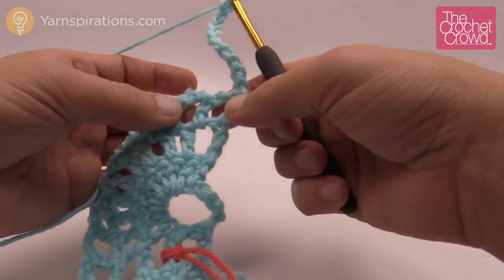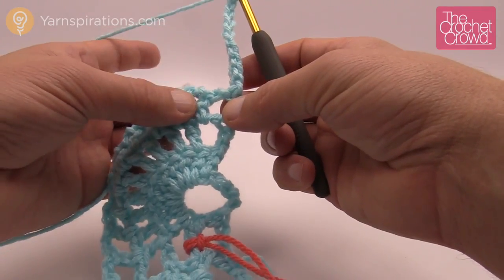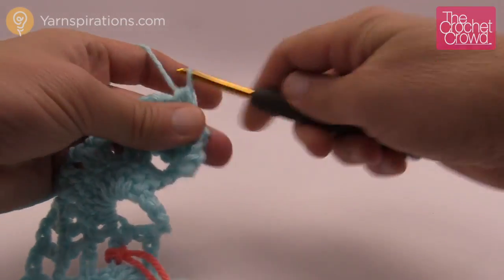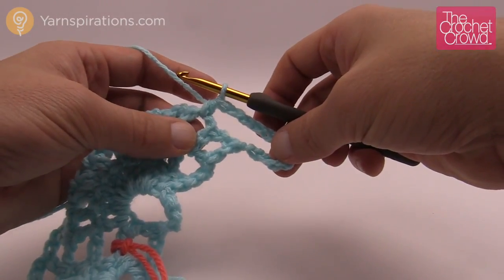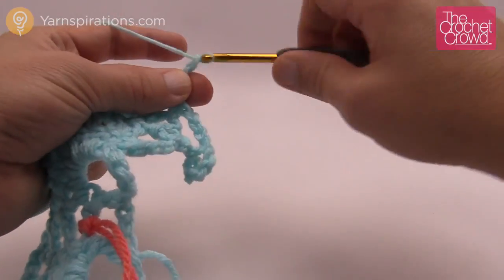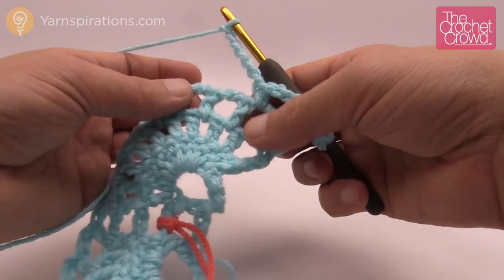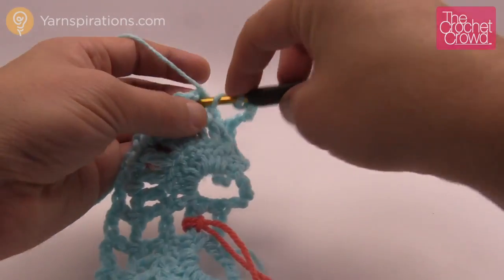So now this time what you want to do is, you can see that these gapping spaces, this is a chain 1 gap space, this is chain 2. We want to do a half double crochet into the second one that's over, just like so. So we skip that first one and half double crochet into the next, and then what we want to do is chain 6. So 1 2 3 4 5 and 6, and what we want to do is skip another gapping space and go to the second one over for another half double crochet,